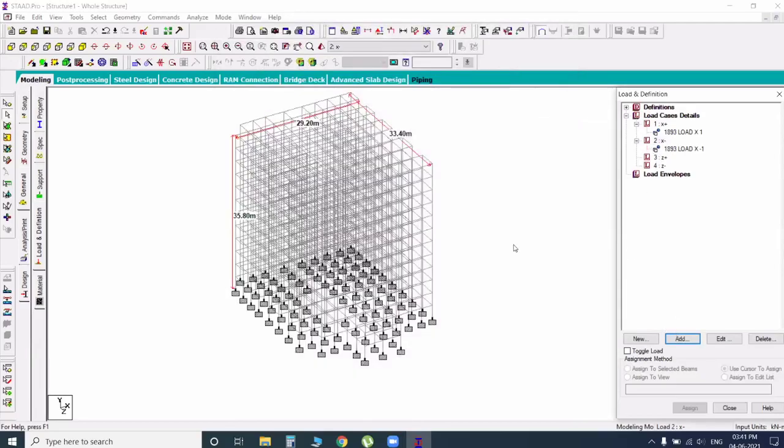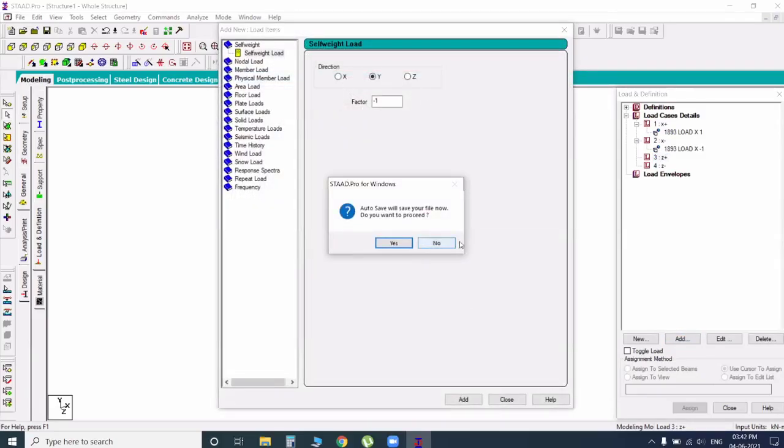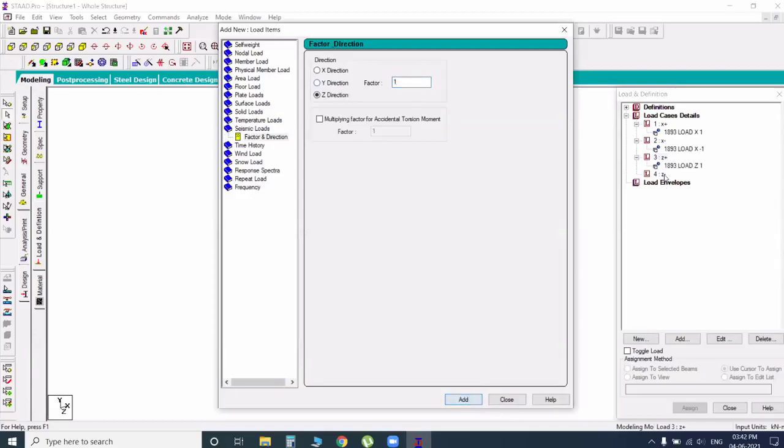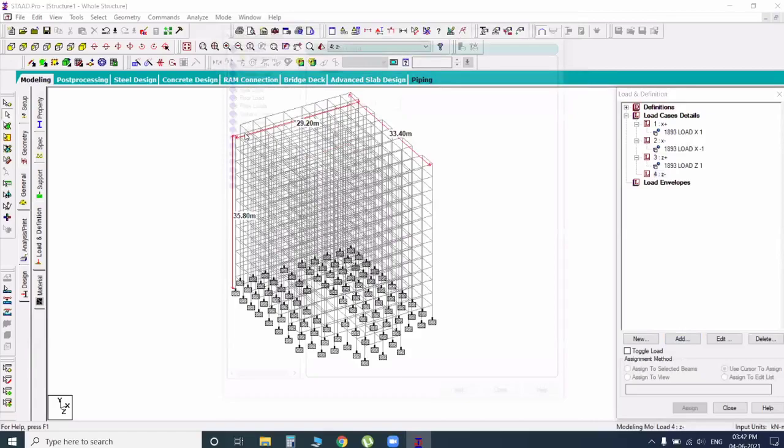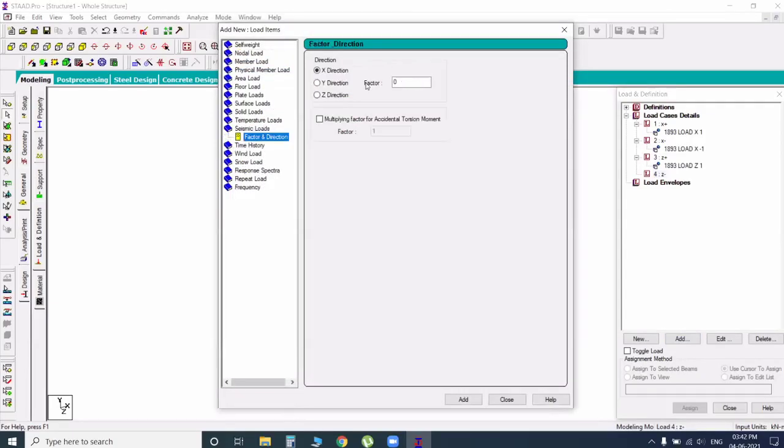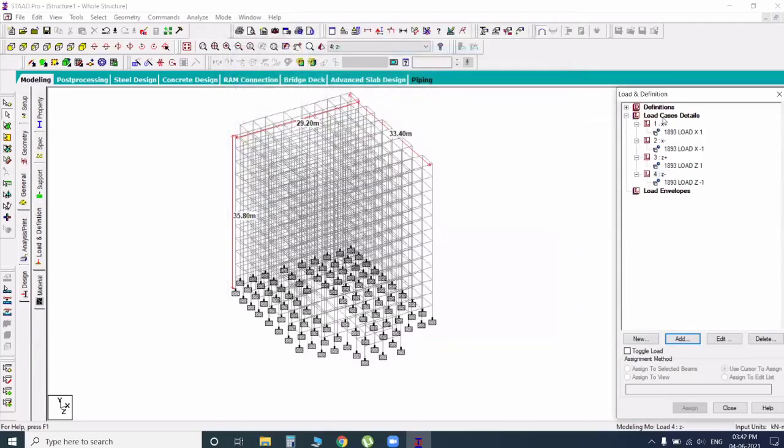And Z, seismic, Z direction. Positive means positive 1, add, close. And next, negative, Z direction, minus 1 means Z negative direction, add, close. Like this, you can add in load case detail.